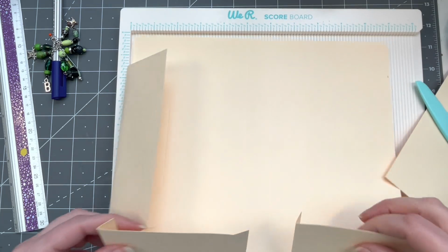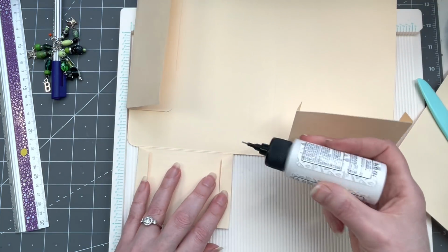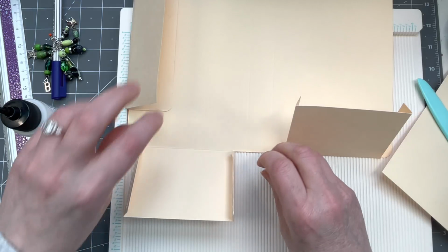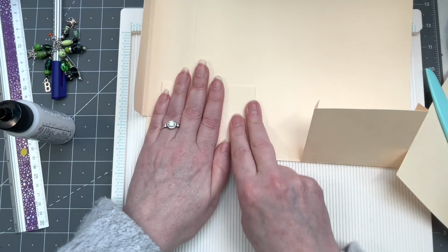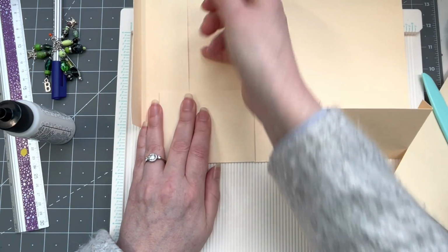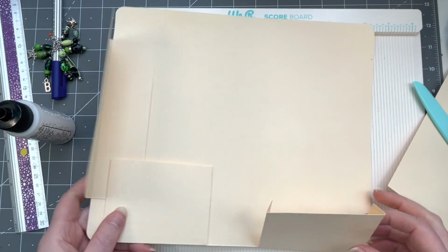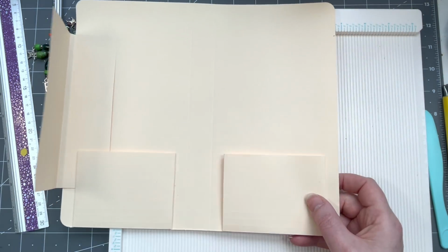Ta-da! I'm just going to do this pocket as well. Let's just do one side. Cool. I will use these at one point. Well, it's going to be a little bit of a less deep pocket because we needed to glue this over. That's okay, lovies. It's quite all right even. Yeah, good. I'm going to do the other one off camera really quick, and then let's have a look